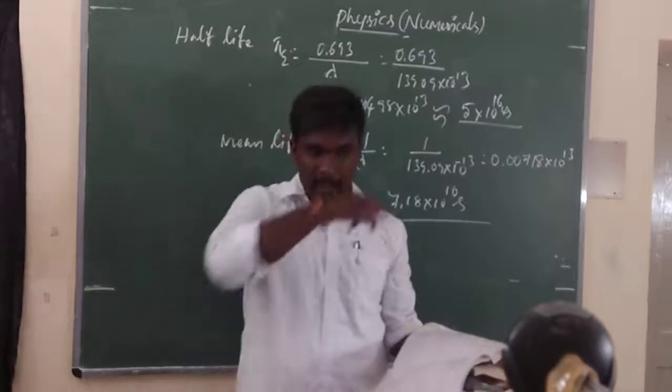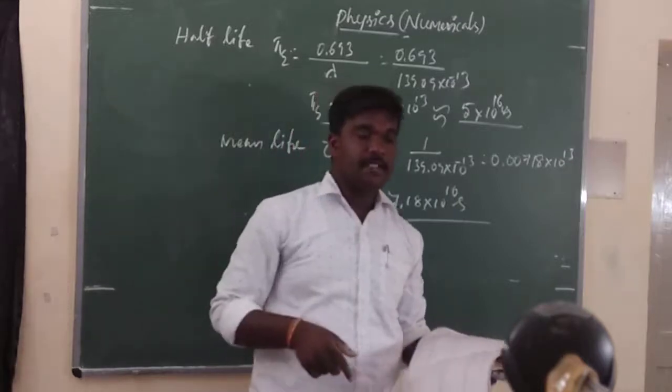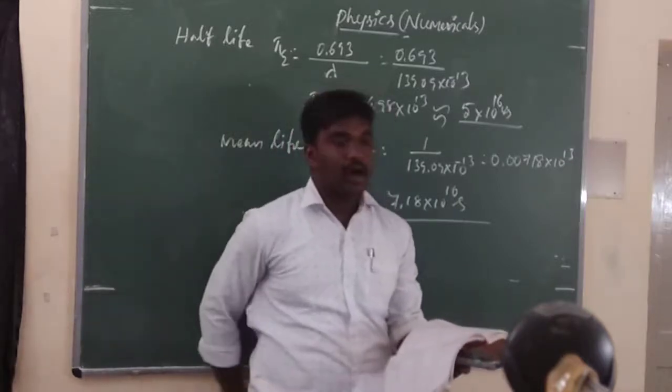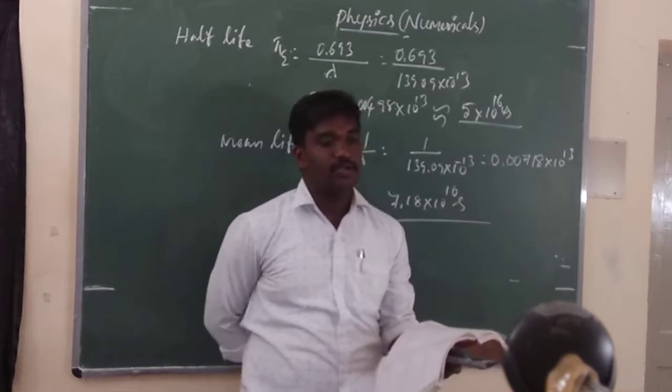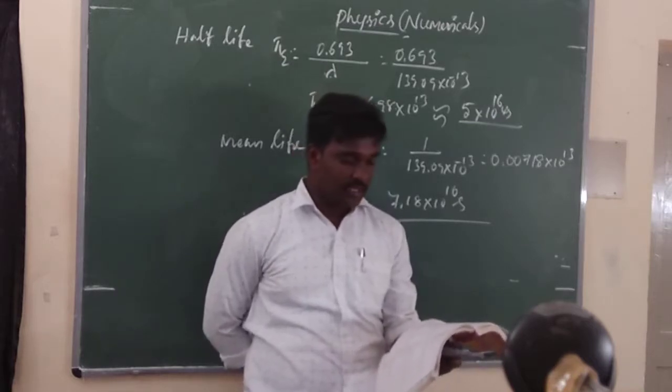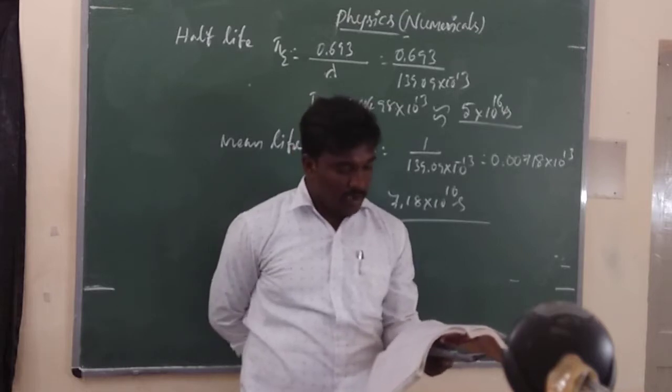You know the relation between radius and nucleus, that is R is equal to R naught A to the power of 1 by 3. So here we obtained approximately